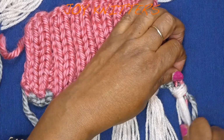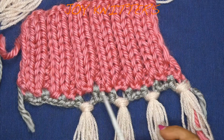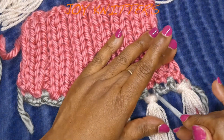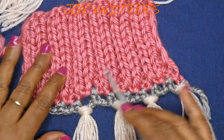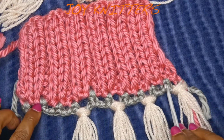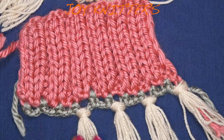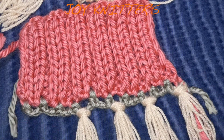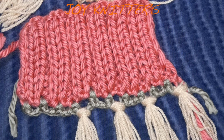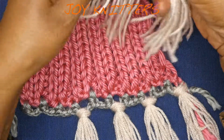This one is much easier if you know how to do it, and especially when you put a line here, you put these positions already, because the scarf itself, the pattern does not allow this, so you put extra. That's why I put it in a different color so that you notice, and then it will be easy for you to make this, and they are easy. Then you only have to finish and trim according to the size and make them look very, very neat when you cut them here. We are not going to cut today, but I hope you understand, because you see they look just the same